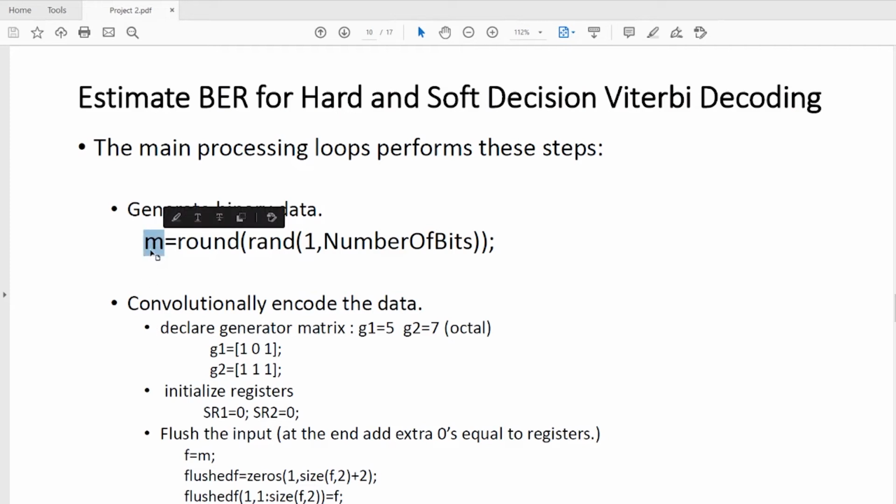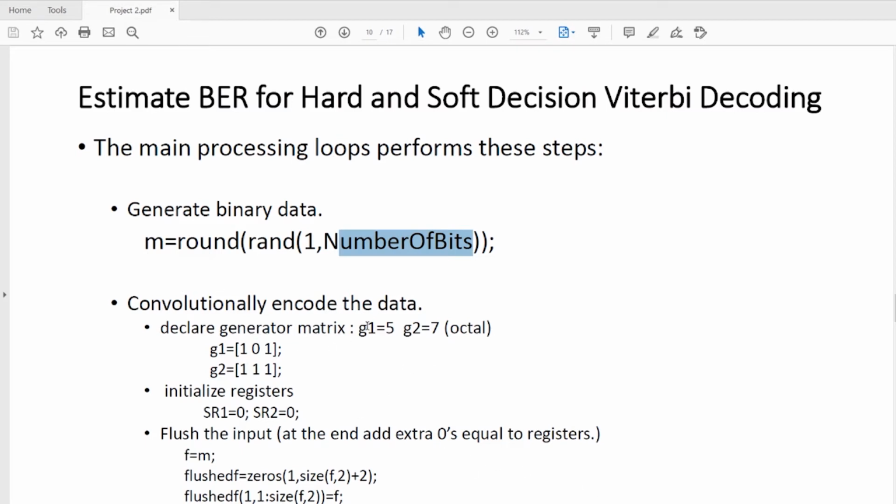We assign to variable m randomly generated binary data. You already know the rand command gives random numbers, and the length of the random numbers equals the number of bits. It can be 10,000 or any value. Here I assign a variable and we have to round it. Then it will give the 0 and 1 binary data.